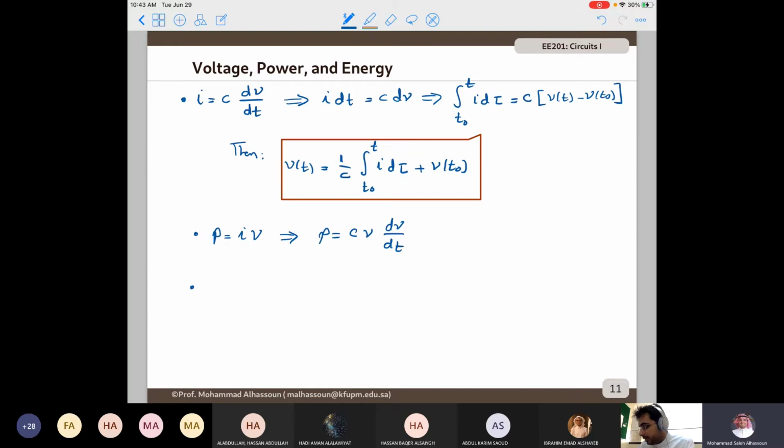The power is the derivative of the energy with respect to time. So if you multiply both sides by dt and integrate, we will get the energy equals C